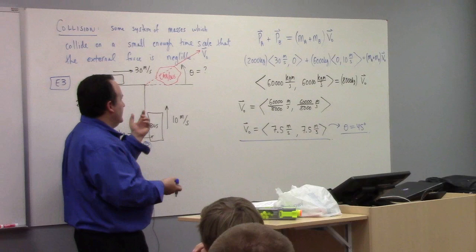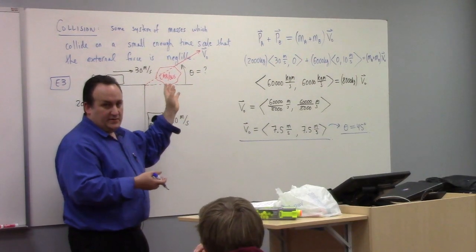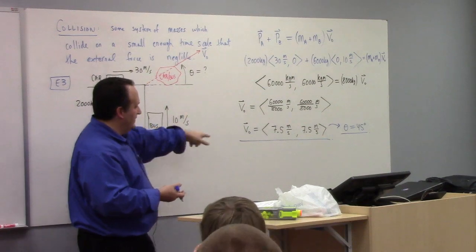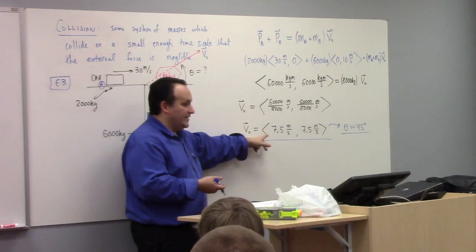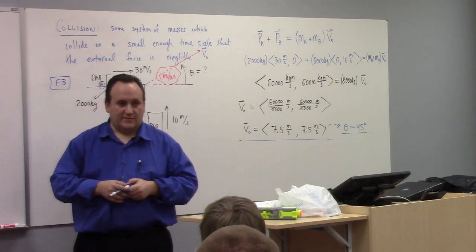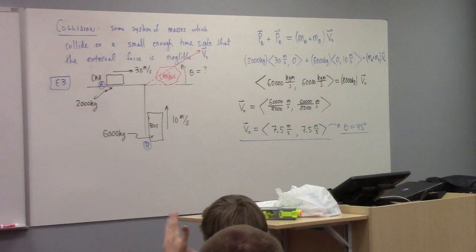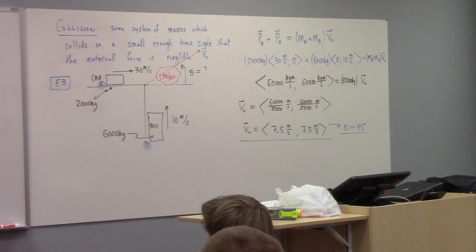So if I told you the coefficient of kinetic friction was like 0.5, what you would do is figure out the initial kinetic energy based on this speed, right? Is this speed 7.5? You should tell from the inflection in my voice that it's incorrect. So no, it's the square root of 2 times 7.5, so